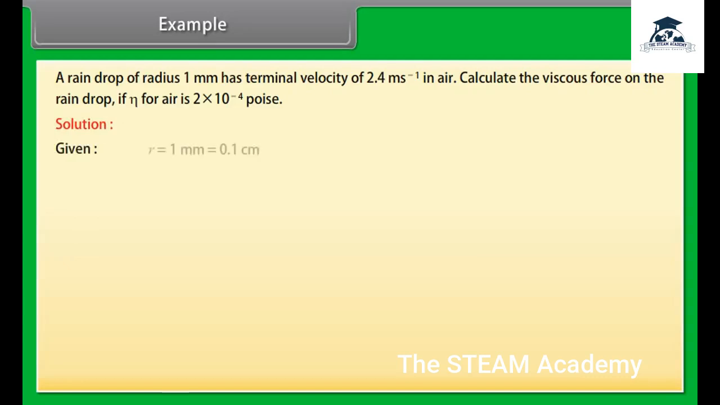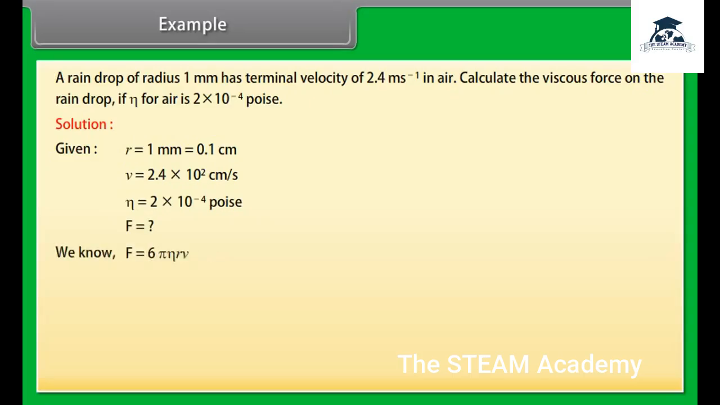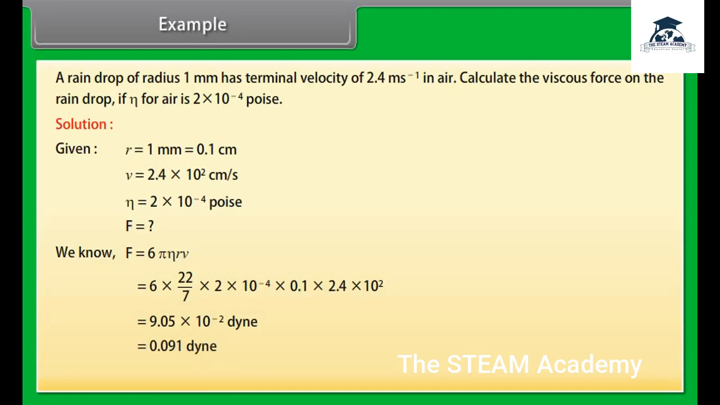Given values are r = 1 millimeter, which can be written as 0.1 centimeter, v = 2.4 × 10^2 centimeter per second, and η = 2 × 10^-4 poise. We know that F = 6π η r v. Putting their respective values in the above equation, on calculating we get F = 9.05 × 10^-2 dyne, which is equal to 0.091 dyne. Hence, the viscous force on the raindrop is